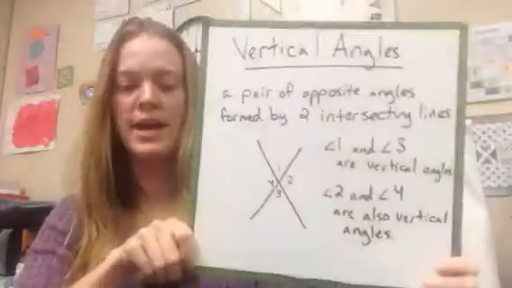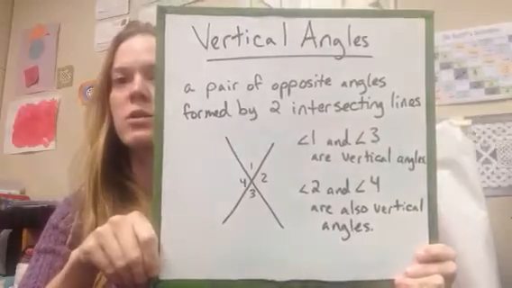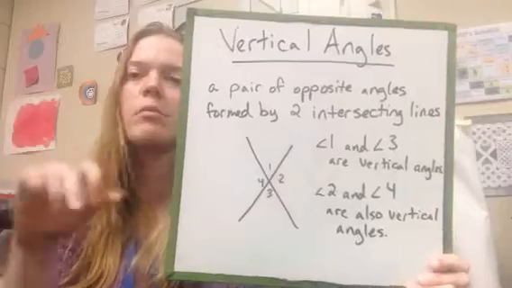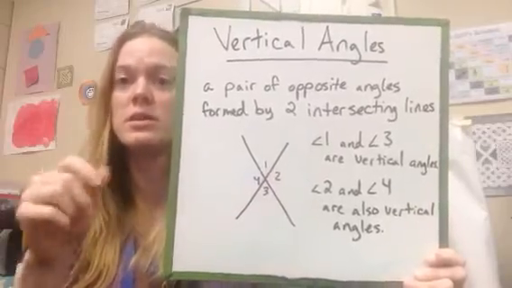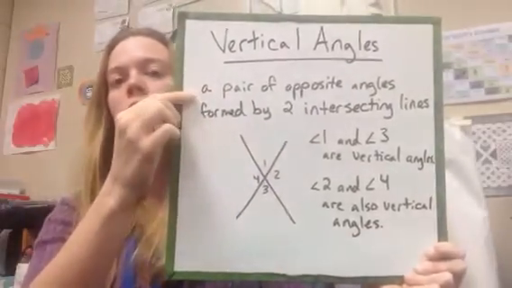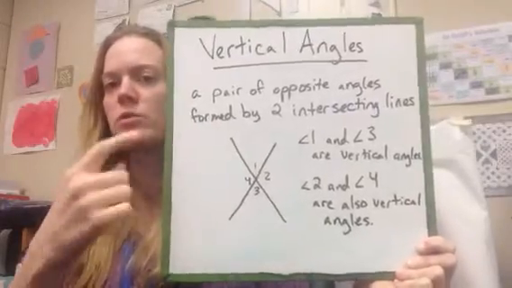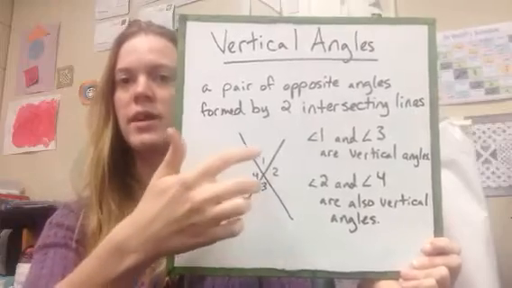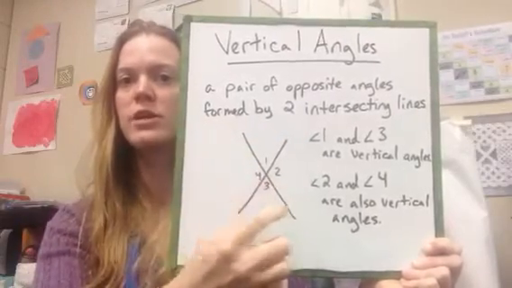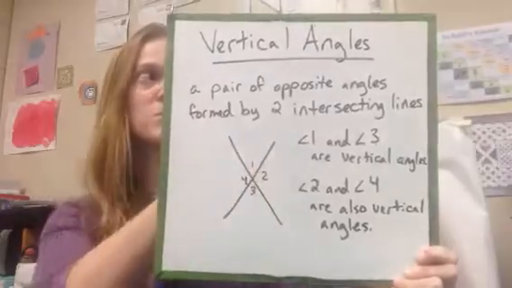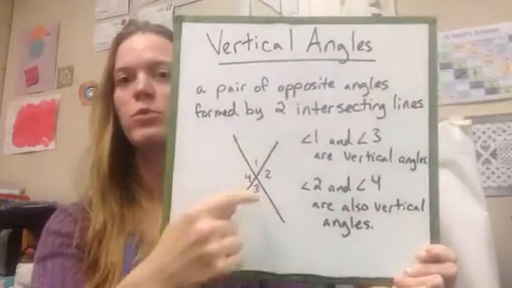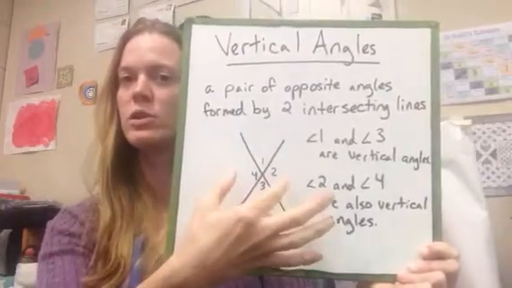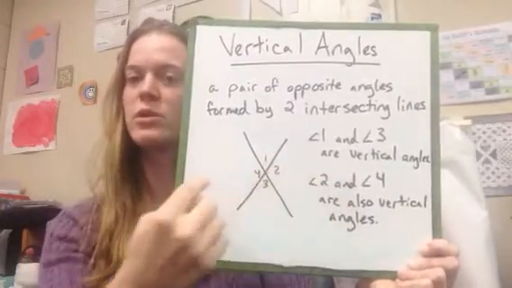Alright, and the last thing is vertical angles. The name's a little bit misleading for this, so pay careful attention to the example. So vertical angles are a pair of opposite angles, meaning they're not adjacent, they're not side by side, and they have to be formed by 2 lines that intersect, so we can't just have 4 line segments. So 1 and 3 are vertical angles, and 4 and 2 are vertical angles, even though you would think of them as more horizontal because they're this way, but they still get called